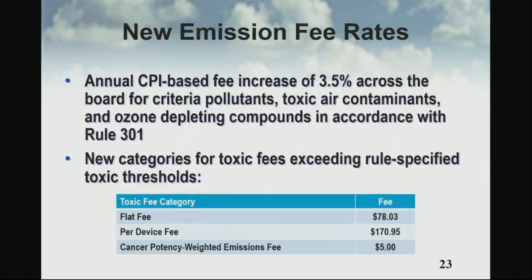Okay, so similar to previous year, a CPI base fee increase has also been applied for all pollutants that have a fee threshold. Just want to highlight that in order for these fees to be effective, the facility must either exceed criteria pollutant thresholds or be an AB 2588 facility or be a CTR facility. So you might see the whole calculation and think that you owe toxic fees, but again, you will not be charged unless you trigger one of these criteria.